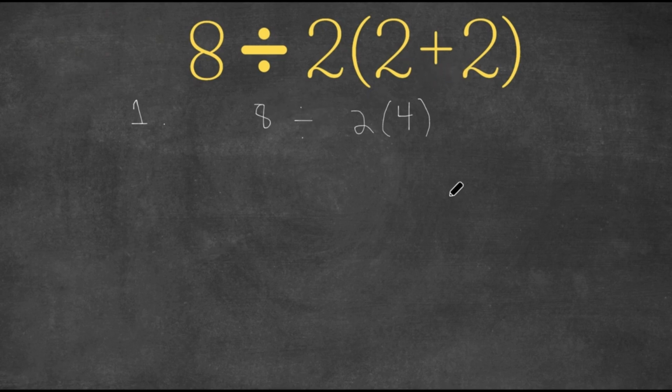However, what people disagreed on was the next step. Some people said that you should multiply the 4 and the 2 first. So that would bring us 4 times 2 is 8. So then we would have 8 divided by 8, and this would equal 1. So around 50% of people said that you should do that, and the other 50% said that when you're given this,